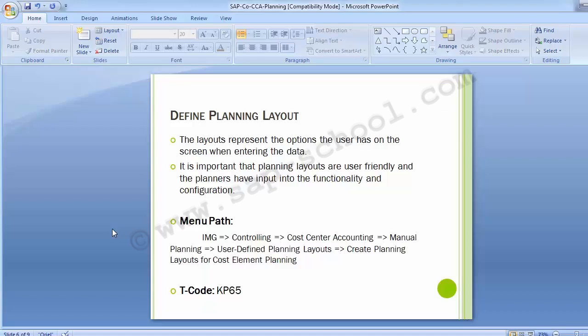So normally what happens is the management plans before manufacturing what the cost will be on different expenses, and bifurcates that planning amount to all those expenses. That is what is termed as the planning environment which they do, so as to meet their actual cost, so that the cost doesn't exceed beyond that. So it is important that planning layouts are user friendly and the planners have input into the functionality and the